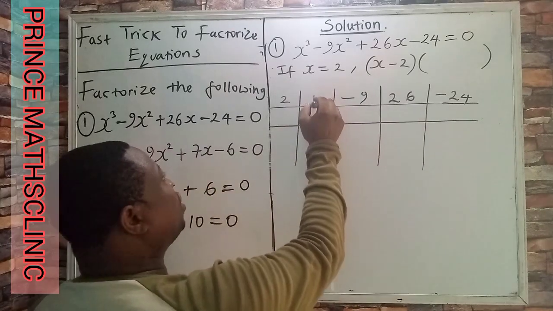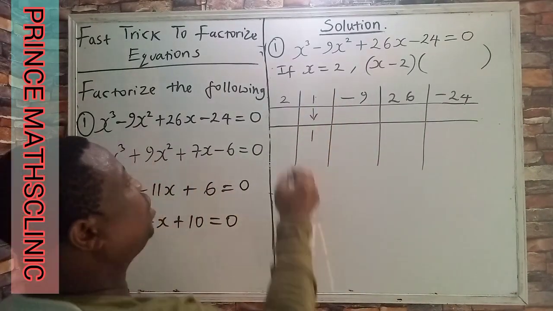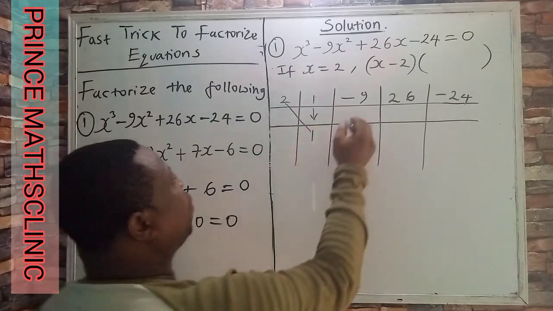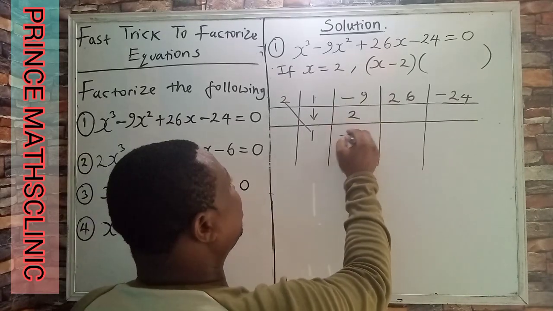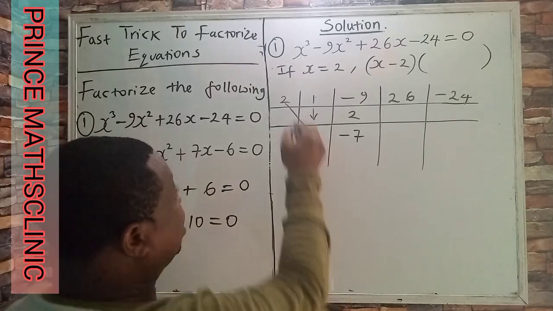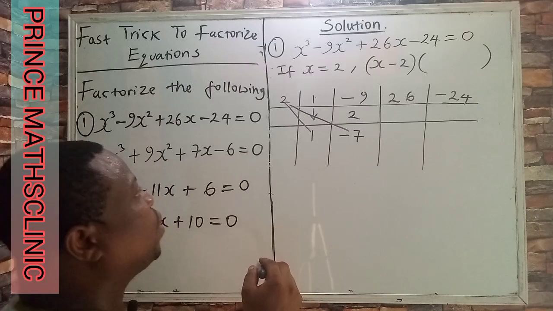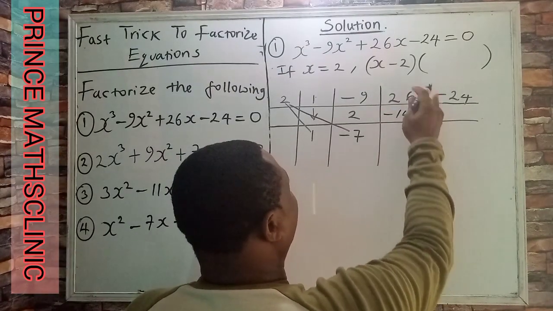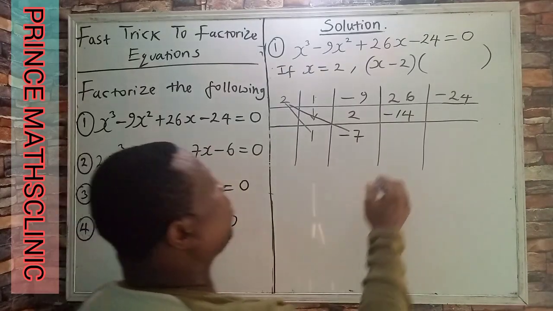I'm going to bring down this 1 to this point. So I'm going to use this 2 to multiply this 1. 2 times 1 will give us 2. Then minus 9 plus 2 will give me negative 7. Then I will use the same 2, multiply this negative 7. So what will I get? I will get negative 14. So let us add 26 plus minus 14. I'm going to get